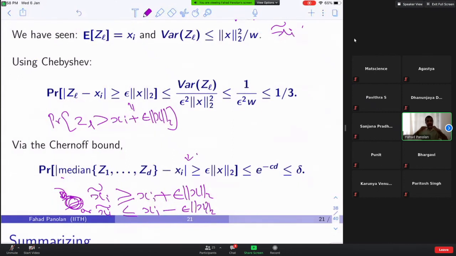Because it can be an underestimate also, right? It can go more than epsilon times the L2 norm of x, or even lower than an additive factor of epsilon times ||X||_2. Any one of them happening is upper bounded by e to the power minus cd, where